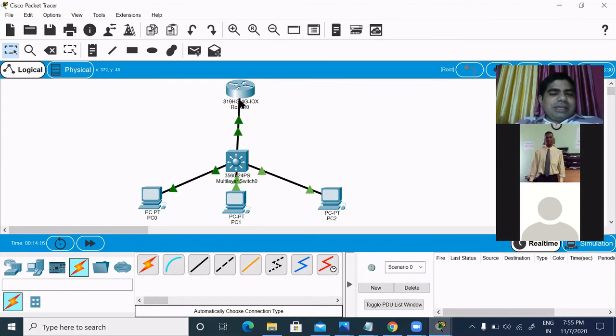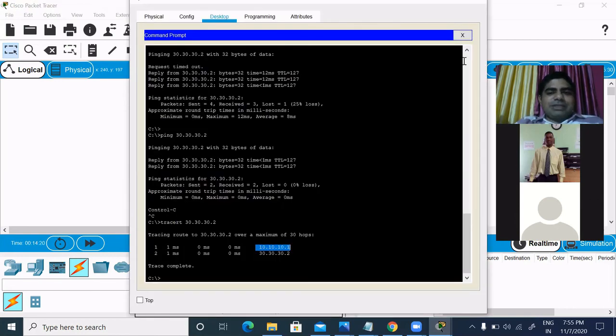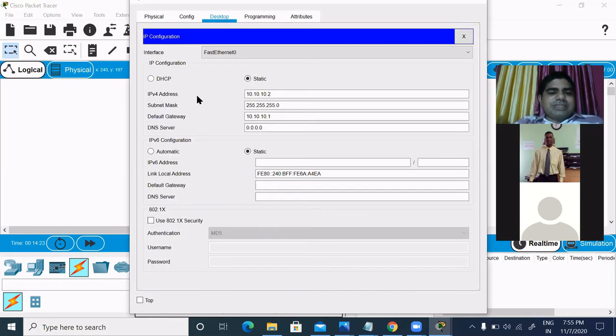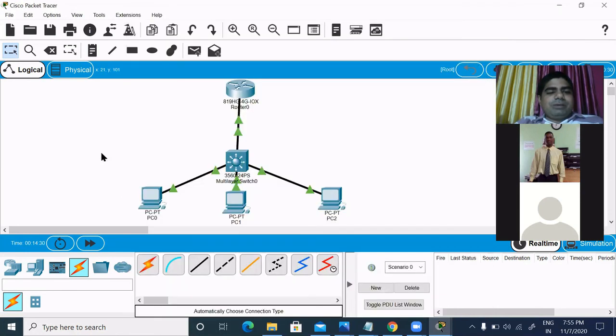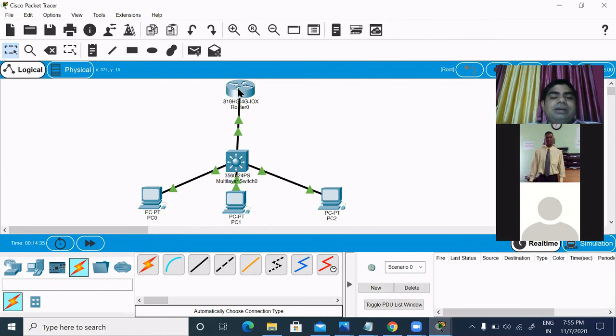We have created the sub interface, and this IP we have assigned as the gateway. Initially, we assigned this IP. If you remove this IP, you will not have communication, because both are on different pools. So as it is done with this router, I have taken this layer 3 switch. You can take a layer 2 switch also, but in Packet Tracer sometimes this switch does not support it. So I have taken a high end switch and a high end router also.